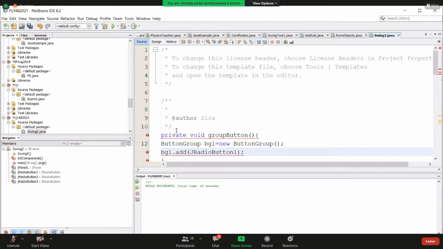Then to overcome this underlining, we will first import the button group.